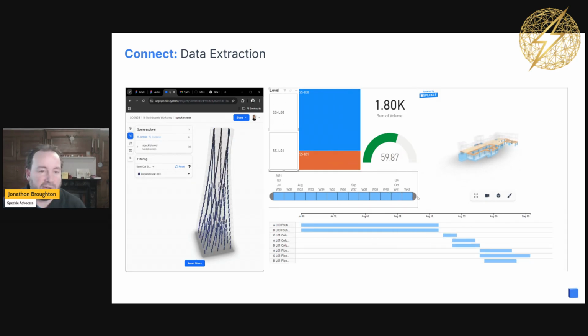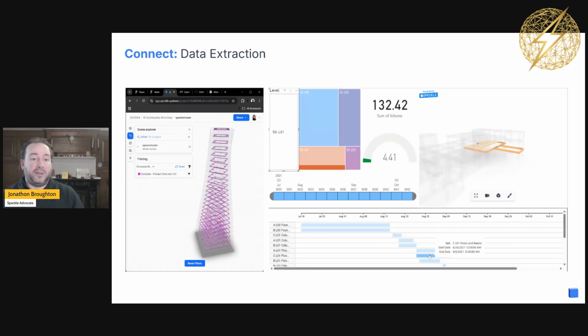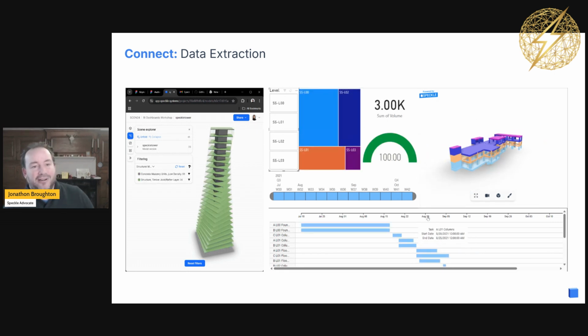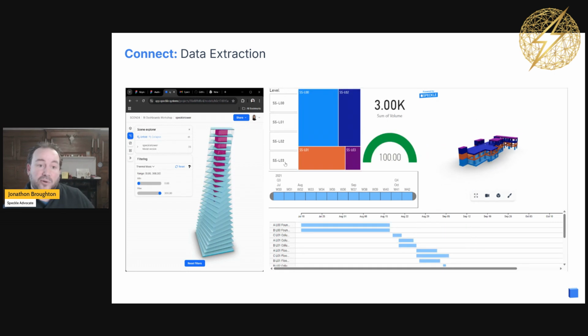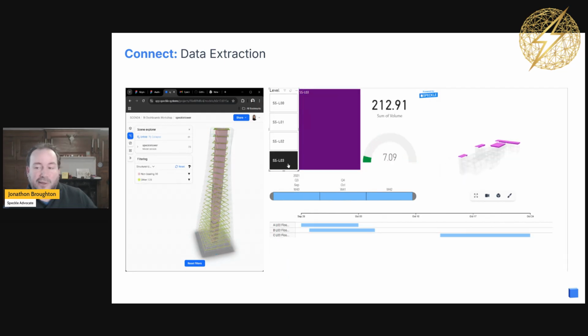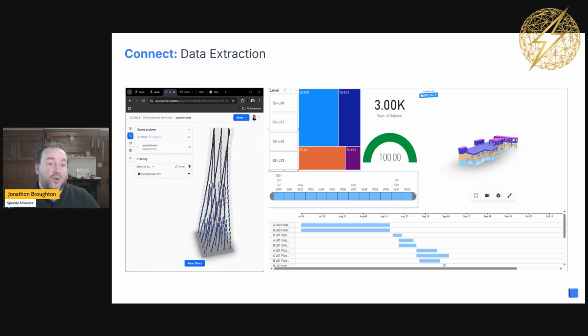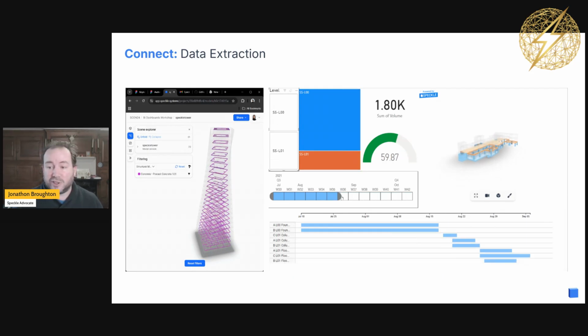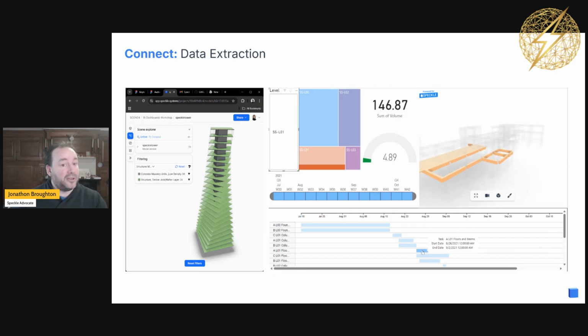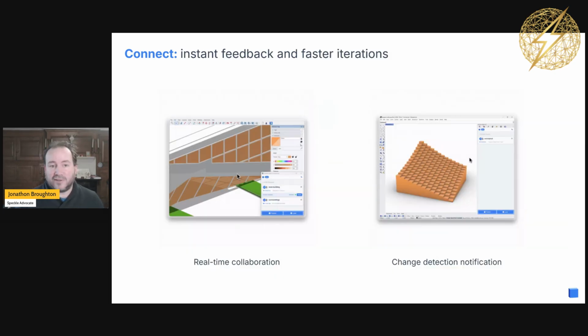On the right-hand side, you're seeing Power BI, but that could be Tableau or Looker Studio, something like that. And you're able to make interrogations. And also, once you've got your host application data from multiple applications pushed to Speckle, you're able to do data insights across all of those different productions, including time series data that isn't in any of the models, but is coming from another data source, let's say.